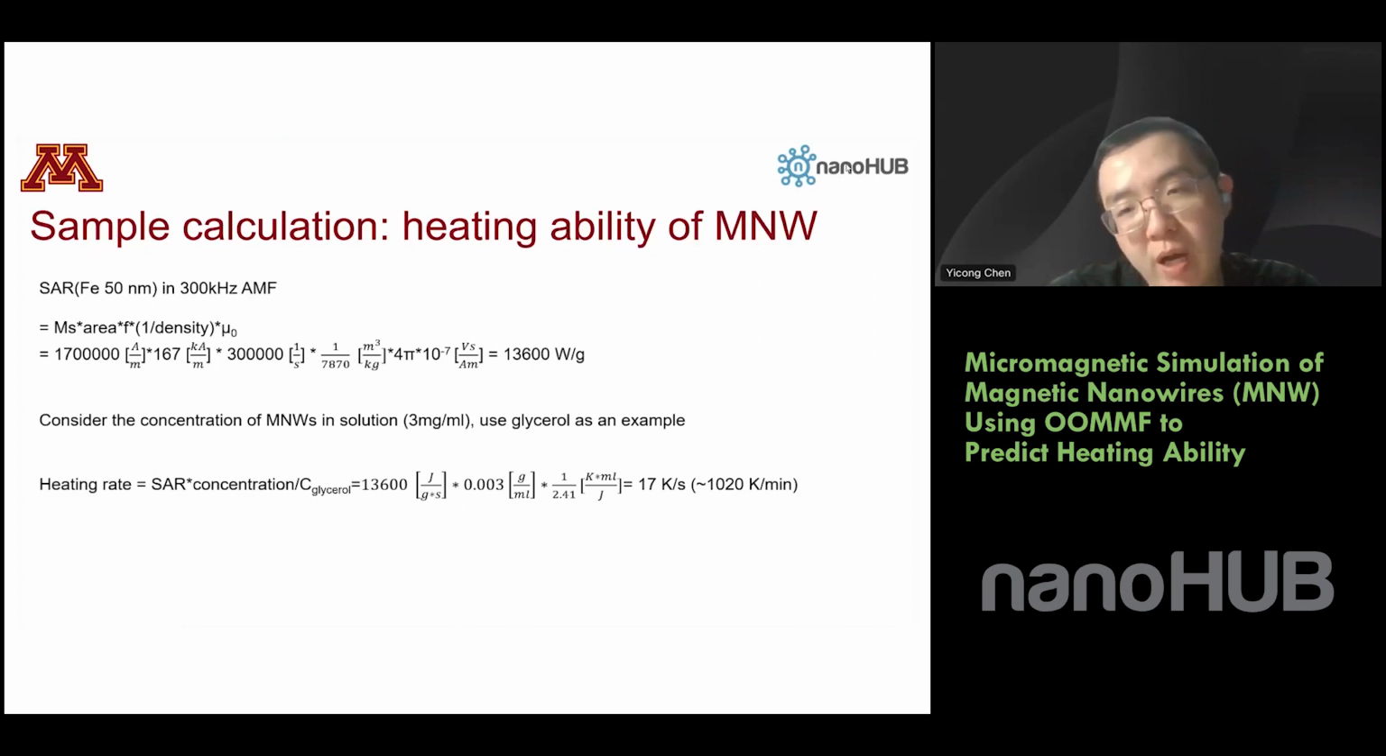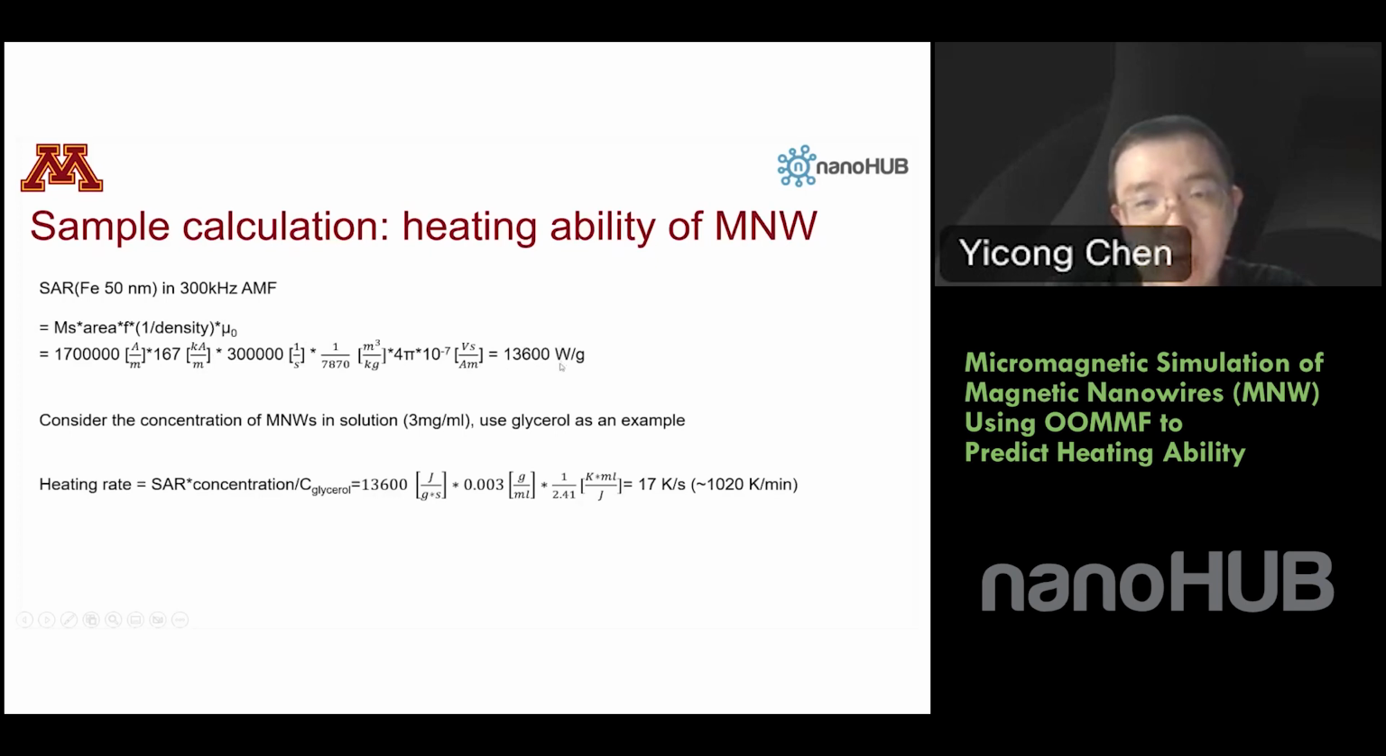And I can predict that if you have a higher temperature, there will be more fluctuation at the two ends of the two saturation positions. And yeah, here you can see a sample calculation. If we have an assumed alternating magnetic field of 300 kilohertz, by multiplying the saturation magnetization, the area enclosed, 1 over density, and also the vacuum permeability, we can calculate the